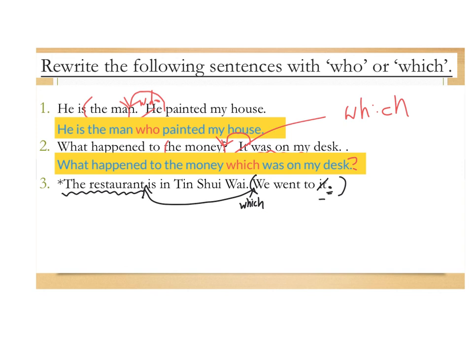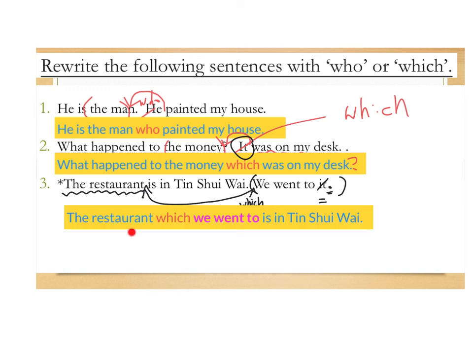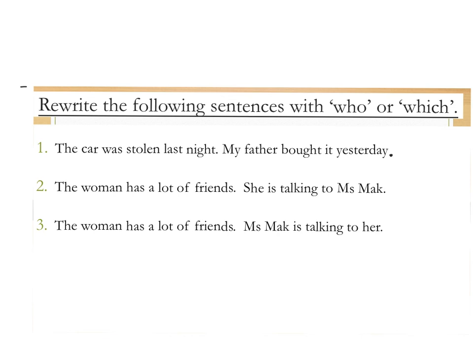See, this time it is here rather than at the beginning. Still, I need to delete it after adding which. So, the sentence becomes The restaurant which we went to is in 天水圍. See? We put this part after the restaurant. 嗰間我哋去過嗰間餐廳呢，係喺天水圍嘅。